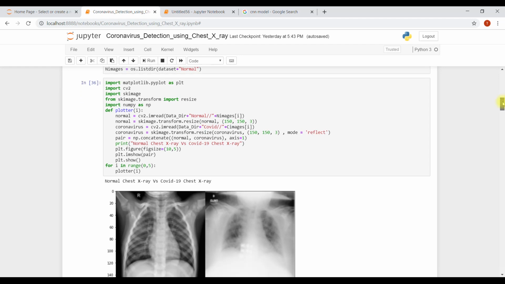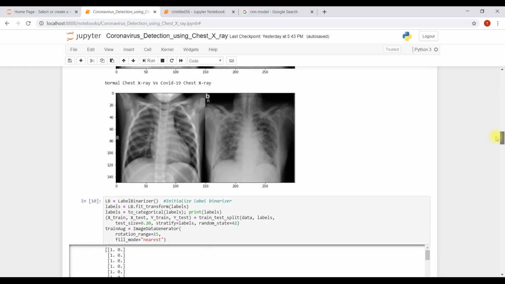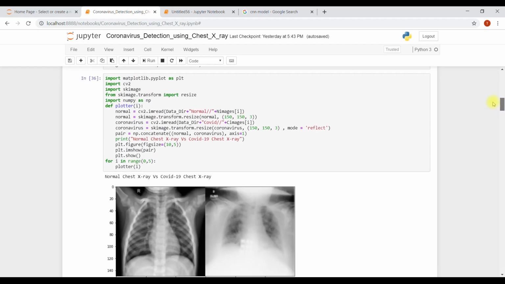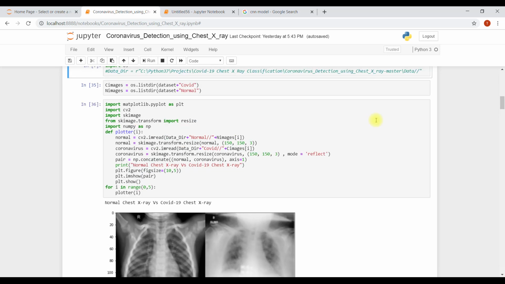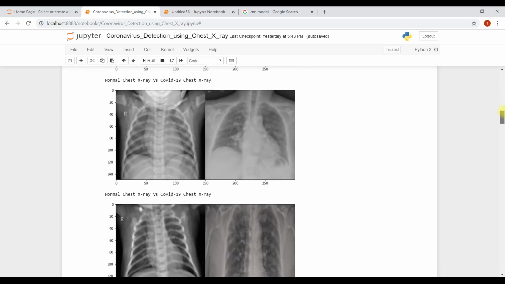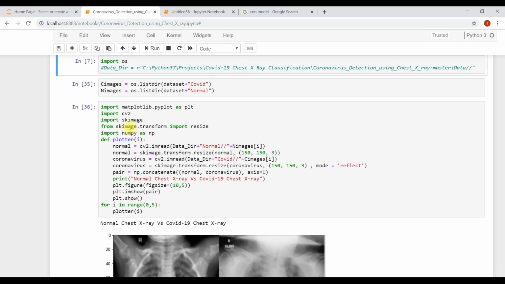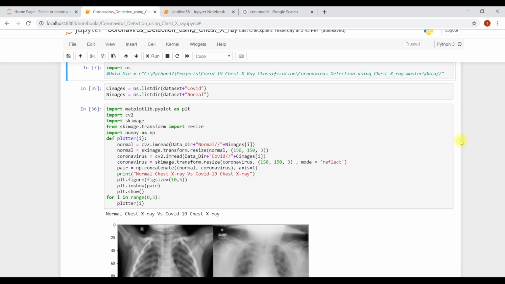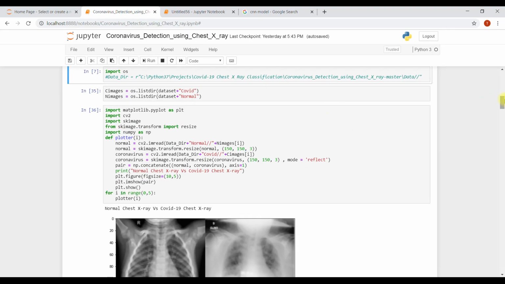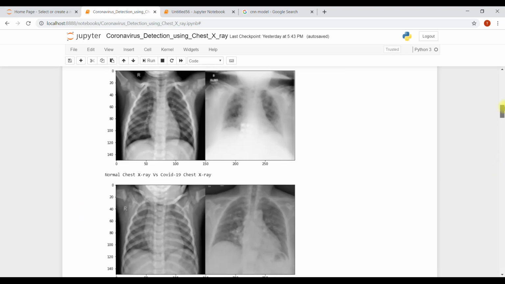Now, if you want to see your images, this is the code. Here is a simple code. I'm not going to write it, I'm just going to explain it because this is not important. This is important for data analysis, but we have more important things to cover, so just to save time.